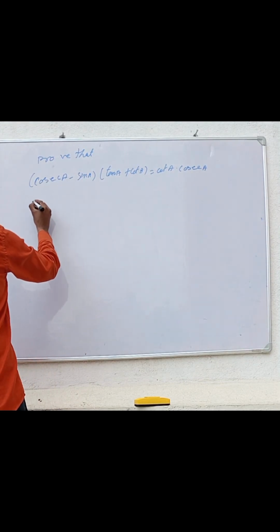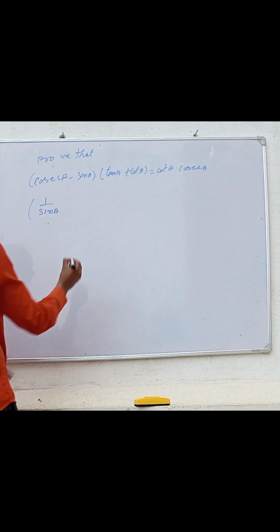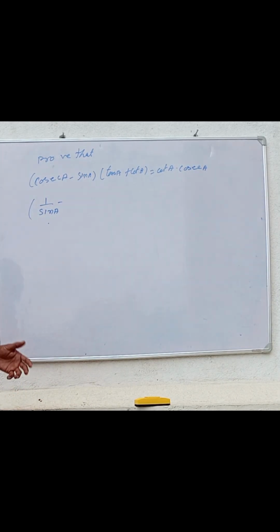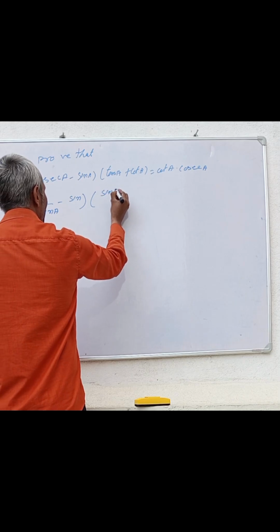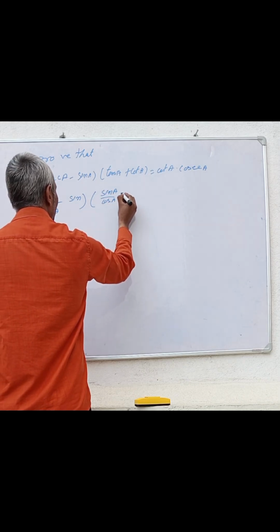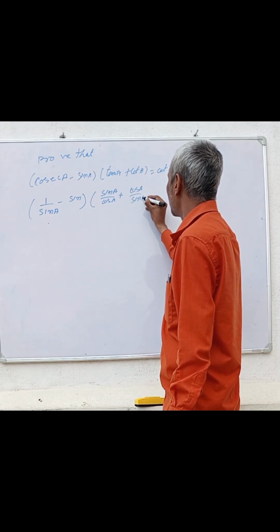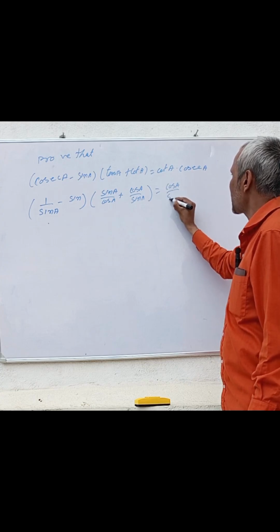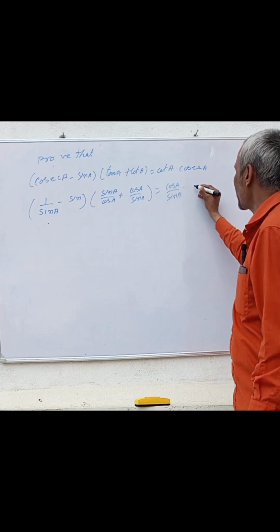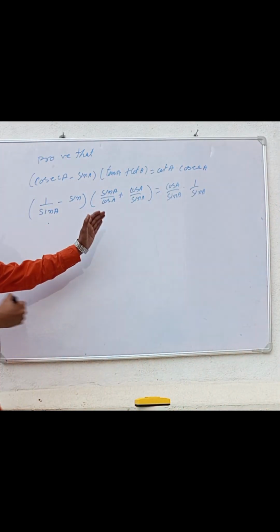First, this one, we change into sin and cos. The rule: cosec A is equal to 1 by sin A. This applies to any angle, whether written as A, theta, beta, alpha or gamma. So 1 by sin A minus sin A, into tan A, which we can write as sin A by cos A, plus cot A, which we can write as cos A by sin A. On the RHS, cot A is cos A by sin A, into cosec A, which is 1 by sin A. Now we solve the LHS.